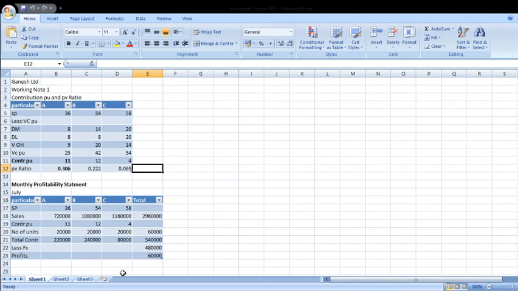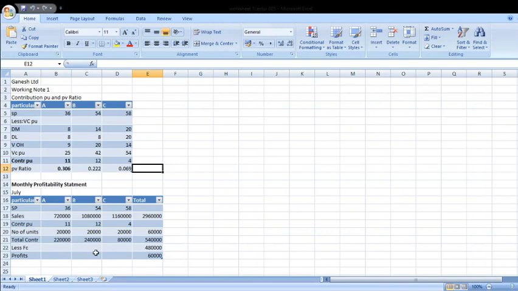Now based on this, let us make the calculation of monthly profits. So please make a monthly profitability statement for July. Now we know the selling price, we know the number of units, so you can easily calculate the sales. You know the contribution per unit also from the contribution chart. Apply those data and calculate profit from each of the 3 products. That will become the total profit for the month of July. Are you able to do it?